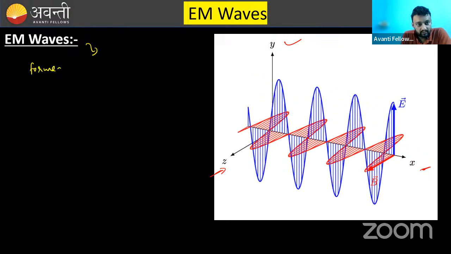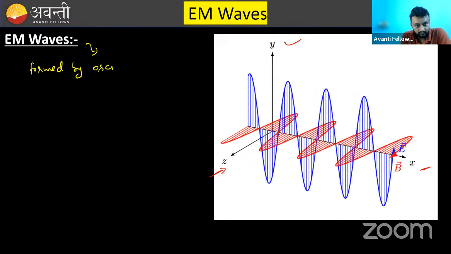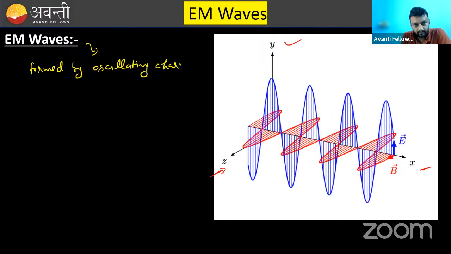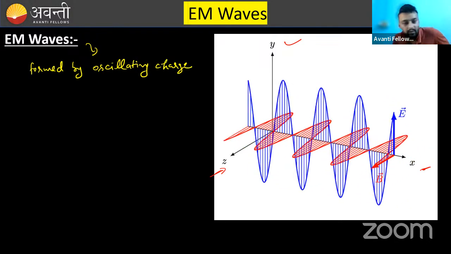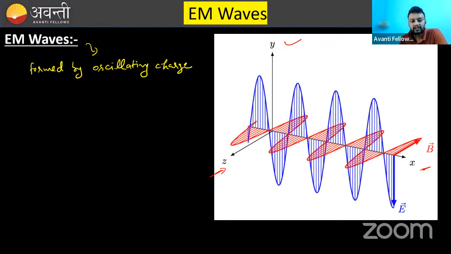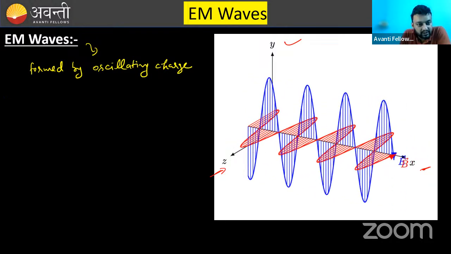They are formed by oscillating charge. That is the first point. Oscillating, or you can say accelerating charge. Generally, oscillating charge is used to create the EM waves. Now, the next point is,